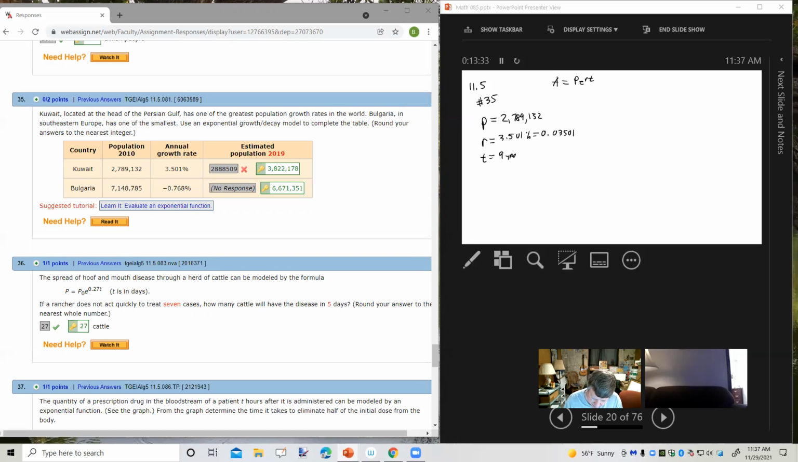Okay, so A equals 2,789,132 times e to the 0.03501 times 9 years. So I can put that all into the calculator at the same time. So 2,789,132 times e to the parentheses 0.03501 times 9, close that up, and I get